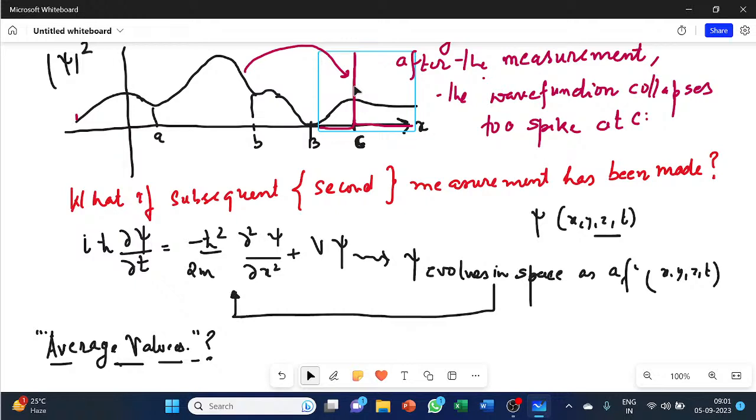Okay, so the measurement theory in quantum mechanics makes us think about it, and we have to actually focus on something called the expectation values or average values. Okay, expectation values and the average values. So how is it done? So I'm writing that. So in general, I'll say that.